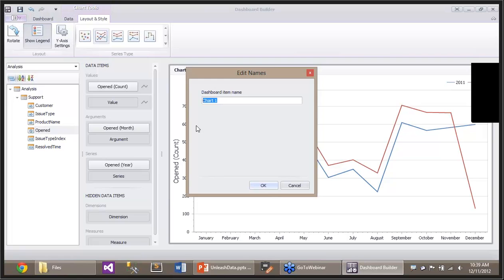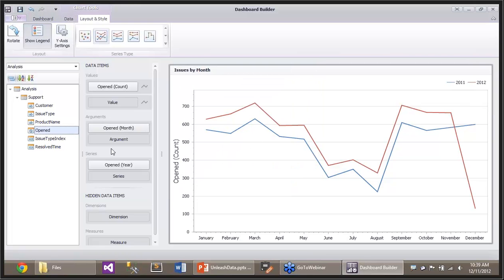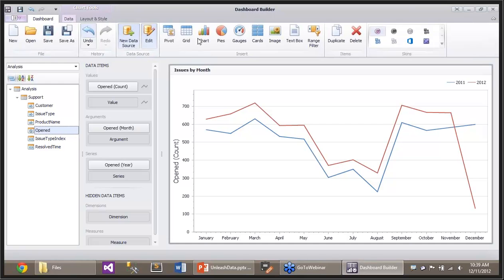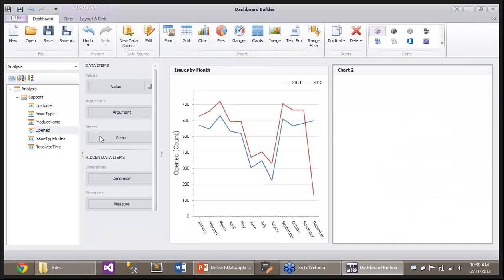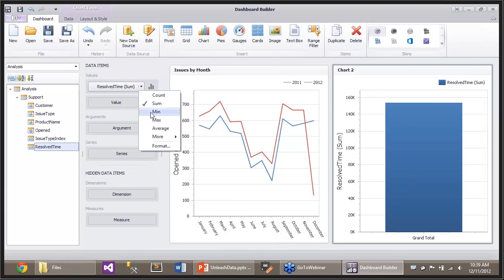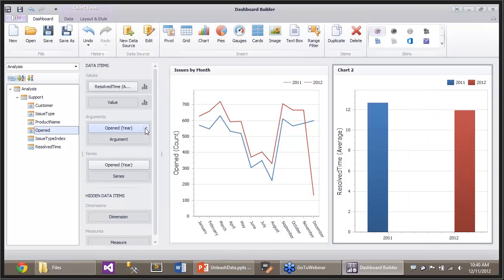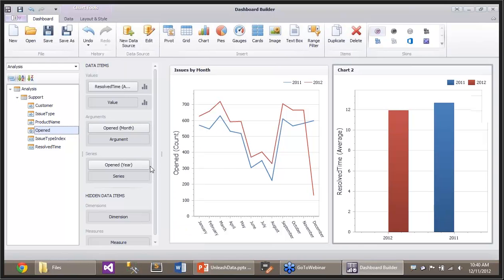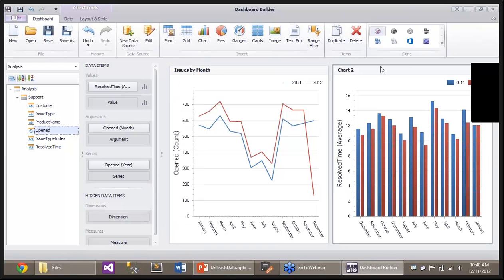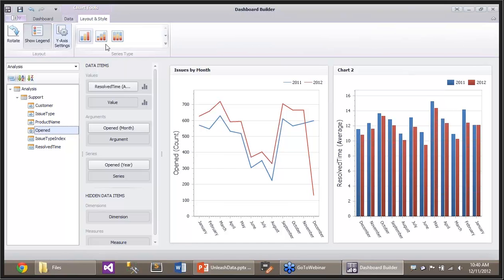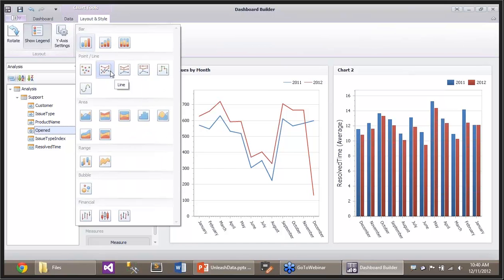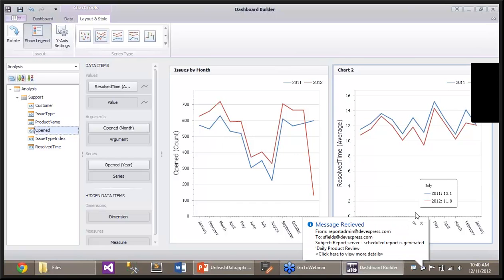So let me hit edit names, and we can say issues by month, for example. Month. Now the other thing is we have how long it took. So let's add another one. Let's do a chart here, and we are going to go ahead and say the resolve time, the average resolved time. Let's do it again by month and by year. So we'll say month here, and we'll say year here. Got that, and now all we need to do is go to the layout and style and choose align as well. Okay, so I made it so that when I hit,